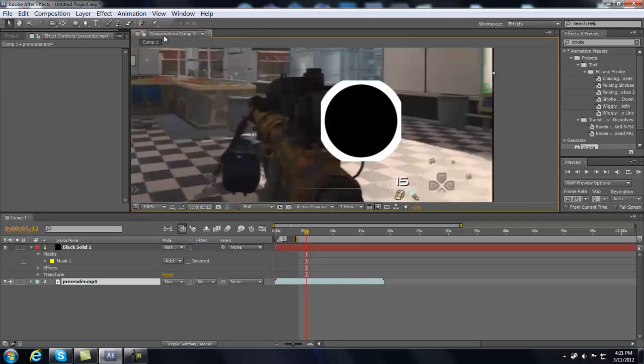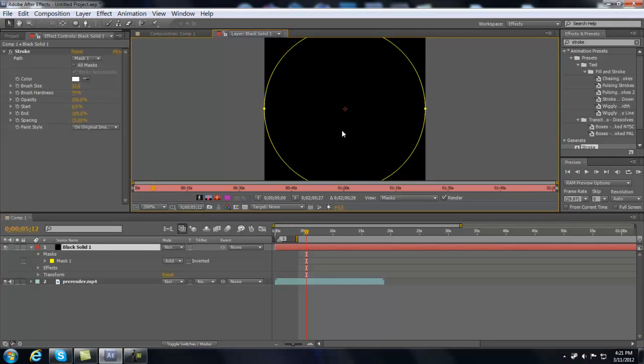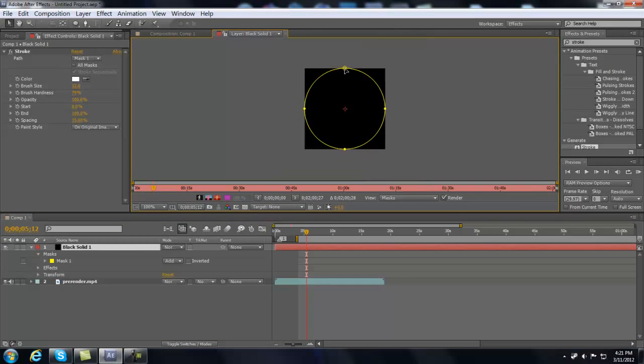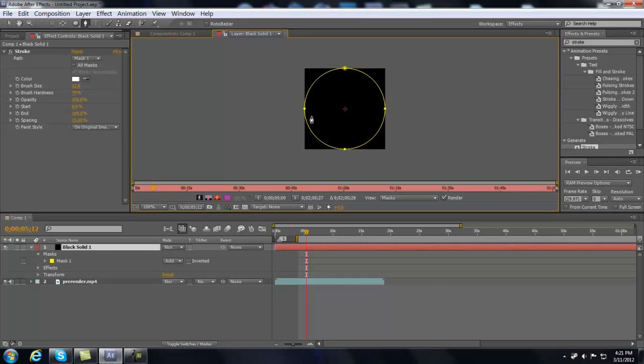The way we're going to fix that is by double clicking on the black solid. It's going to bring up this, and for you it may not have the yellow lines, and if it doesn't, then you want to go to the pen tool. You want to click once and then just do Control Z to get rid of the pen tool. Then you will get this little